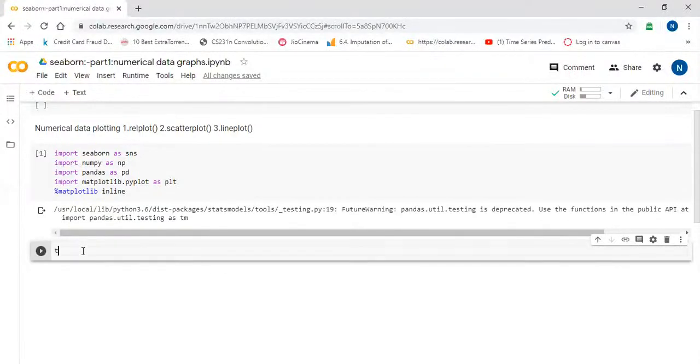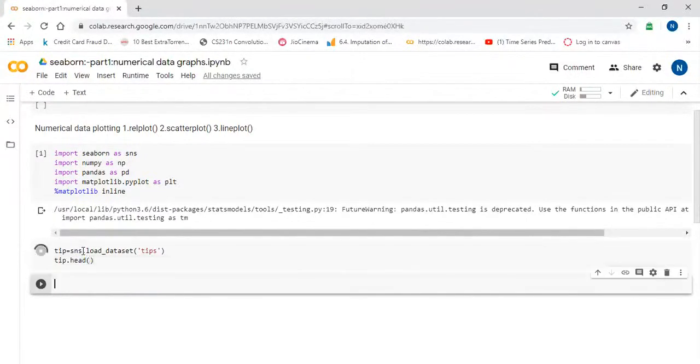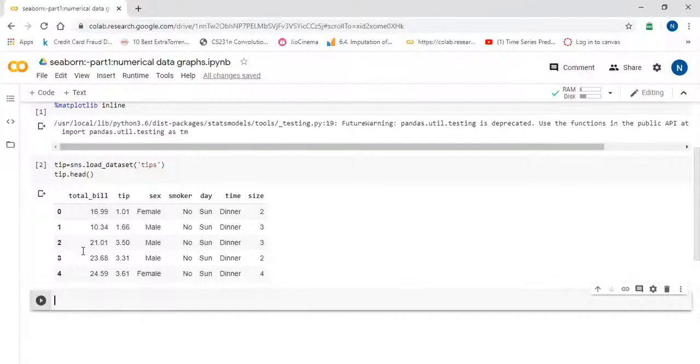To load this dataset, I will use tip equal to sns.load_dataset. The dataset name is tips. And to see the sample data, I will say tip.head. So now we can see the data.